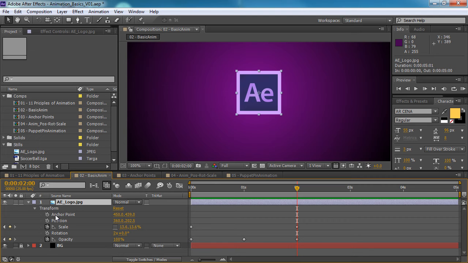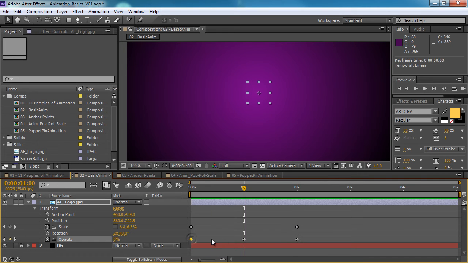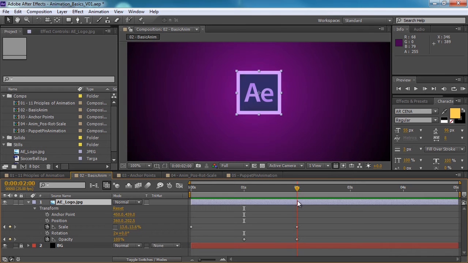So I could animate the anchor point, the position, the rotation, opacity, and scale. All of these could be animated at the exact same time. In fact, I could take the first keyframe here and delete it, and then basically it would start to zoom, and then it would fade in from 1 second until it got to 2 seconds. In fact, what I could do is click on the rotation keyframe here, maybe put in 360